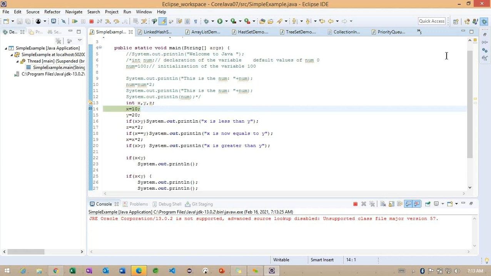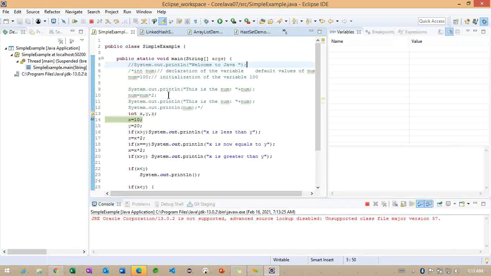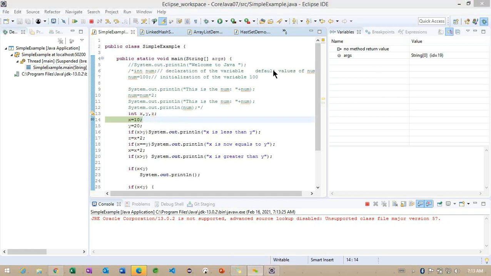Now, observe here. We'll go back to the perspective. Carefully observe these icons, which are very important here.